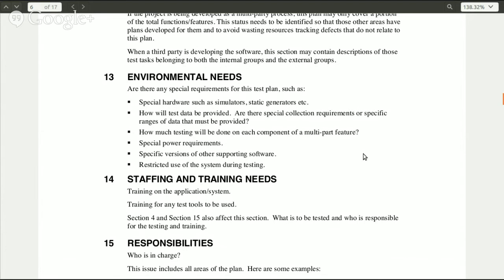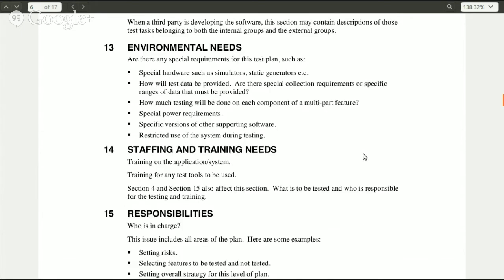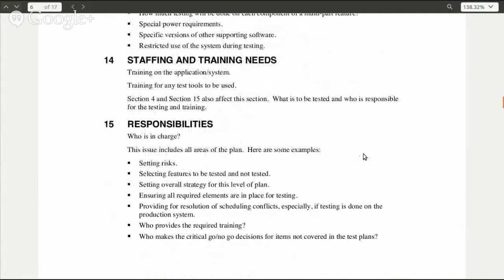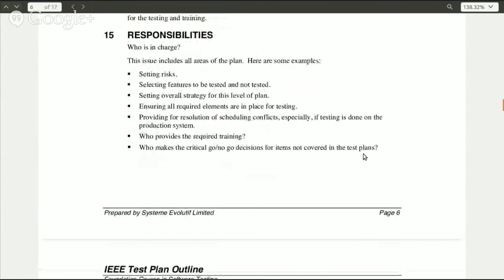And then what is the restricted use of the system during testing, right? So during testing, maybe you're locking down certain ports. You can only run certain commands. There's no updates being done during testing because of maybe the nature of the system. Then you have staffing and training needs. So what is the training for the application or the system? Is there any training for the test tools? And then responsibilities. Who's in charge is really what responsibility is. Who's setting risk, who's selecting the features to be tested, not to be tested, who's ensuring all elements are in place and being tested, who provides the required training, and then who makes the no-go